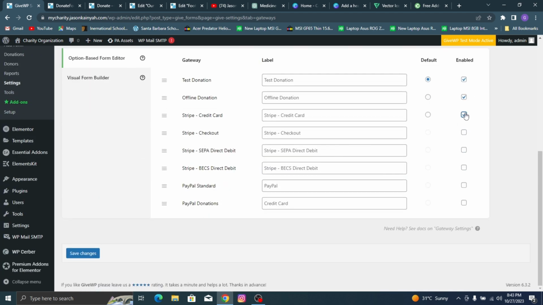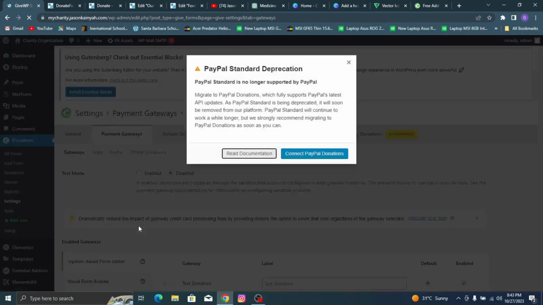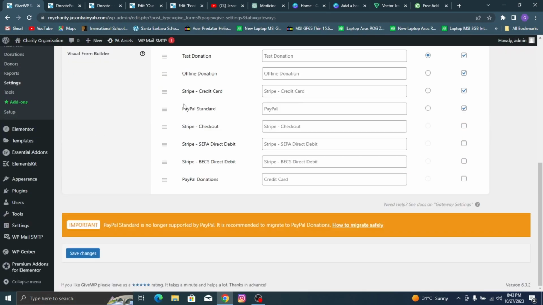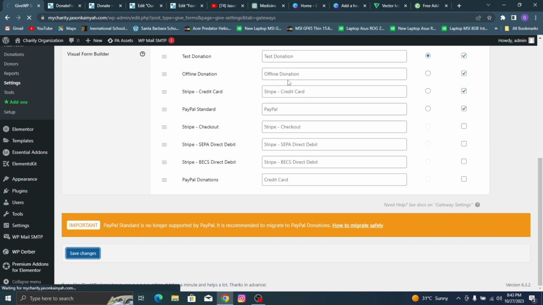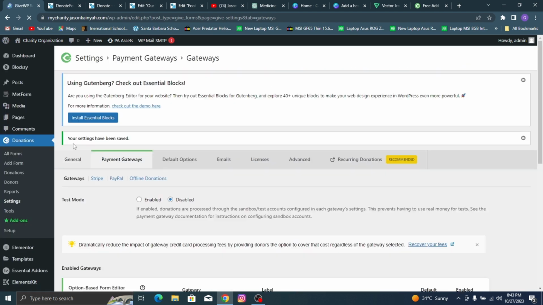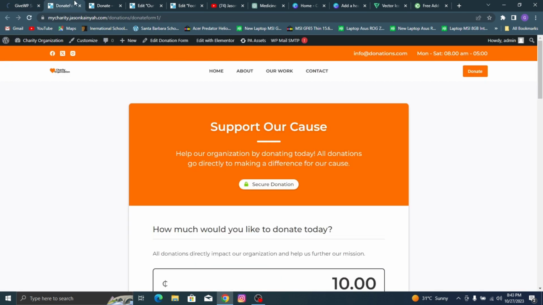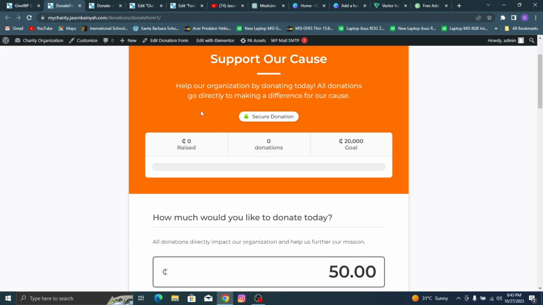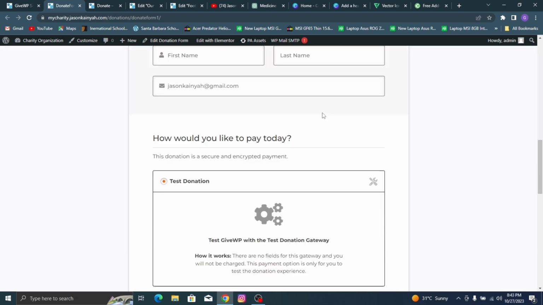Then enable the Stripe credit card, enable the Stripe checkout, enable the PayPal standard, and then click save changes. Once again, I can't show you how to set up the gateways and everything because most of them are not available in Ghana. So when I click save changes again, just to make sure, I can go back to general, go here, refresh,